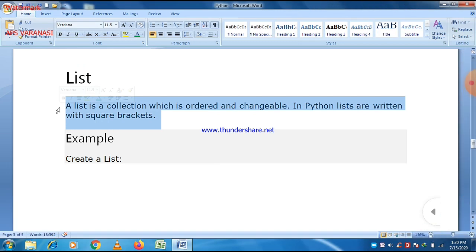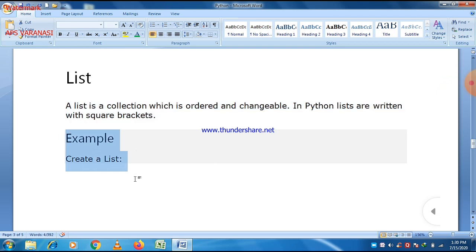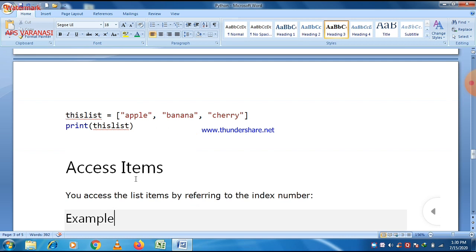First of all, if you want to create a list, some steps should be followed by you. The name of the list is thislist, and then the assignment operator, and then square brackets, and then we can see that there are 3 elements all of the same type, and these are the names of fruits: apple, banana, and cherry, and now they become part of the list.